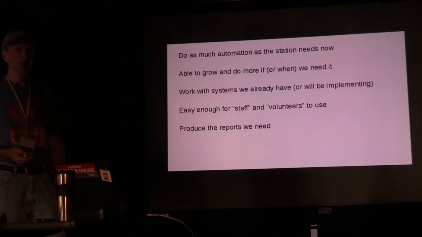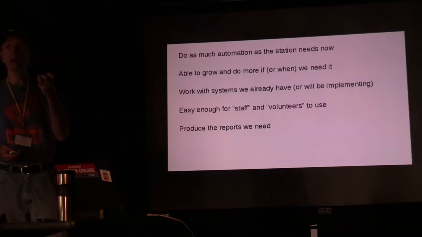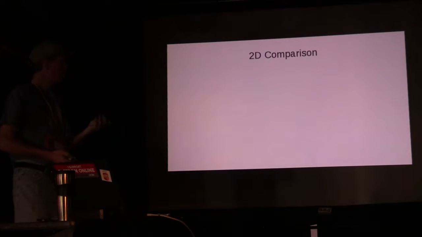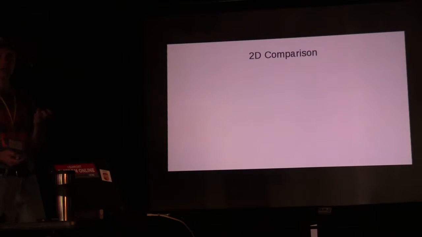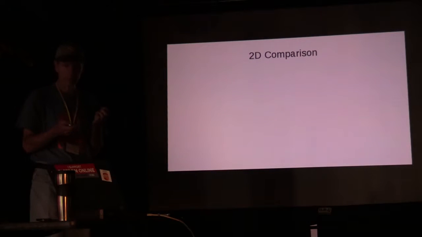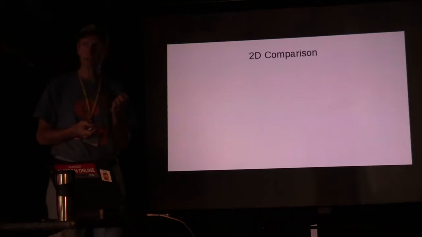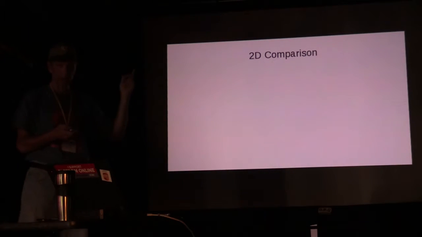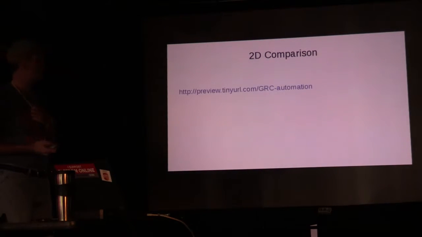So, how do we take these high-level ideas and put them to work? What I'm going to show you here is a two-dimensional comparison. For me, the two dimensions are a list of features down the left-hand side and a list of products that are available across the top. It'd be kind of cool to make a three-dimensional one, and you probably could, but it doesn't do very well on the screen. So I'm just going to stick with two dimensions.